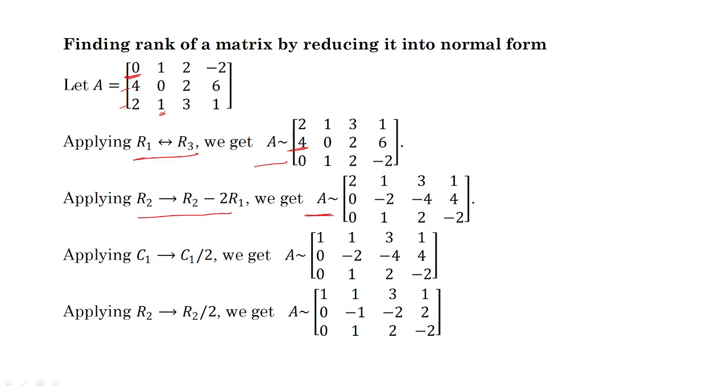Now this element is 2 and we need 1, so you can divide this column by 2. So the elementary transformation will be C1 divided by 2. So you will get 1 0 0. Now this column is a perfect column. One other thing which you can observe here, all the elements in this row are multiples of 2. So you can divide R2 by 2. So you will get this equivalent matrix.